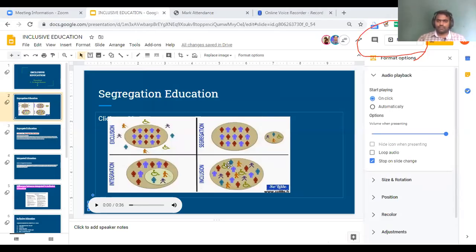Sir, I just have a question. Basically, we use Microsoft Outlook, and we use PowerPoints from there. So what you said is Google Slides, right? So can we do all this there as well, or do we have to only use Google Slides? We'll be able to do all these activities you are mentioning. Now we are talking about the features of Google Drive.